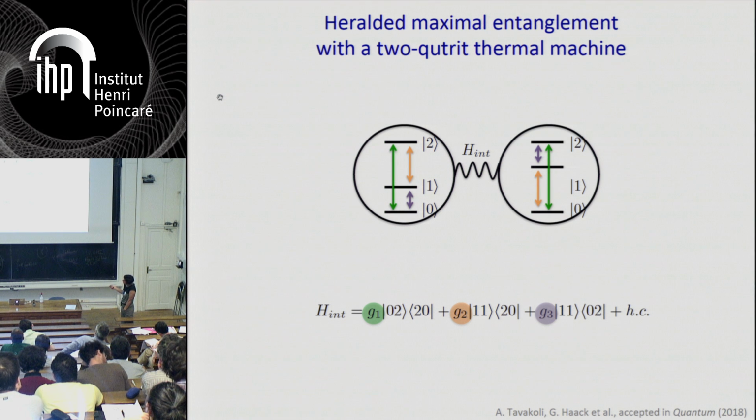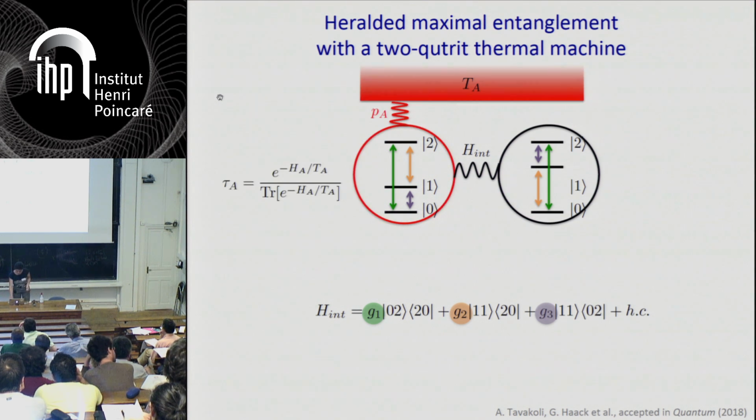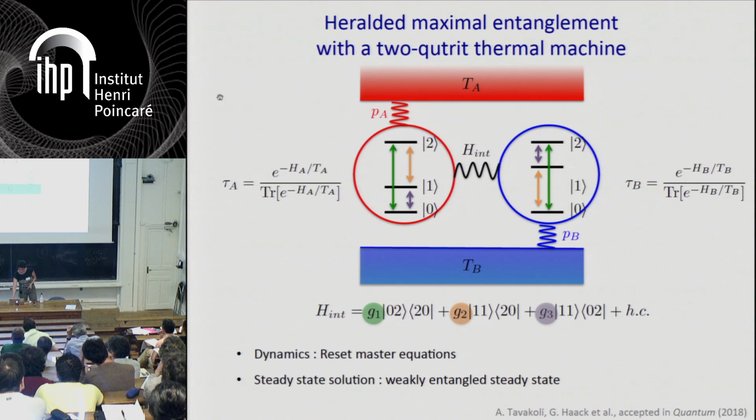And very simply, this Hamiltonian generates, again, flip-flop interaction, but between all possible transitions, between the transitions 0, 2, 0, 1, and 1, 2. Now, again, I want this to be embedded in a thermal machine. So I couple one of the qutrits to a hot bath, again via this incoherent coupling. I couple the other one to the cold bath, and I can again write a reset master equation,